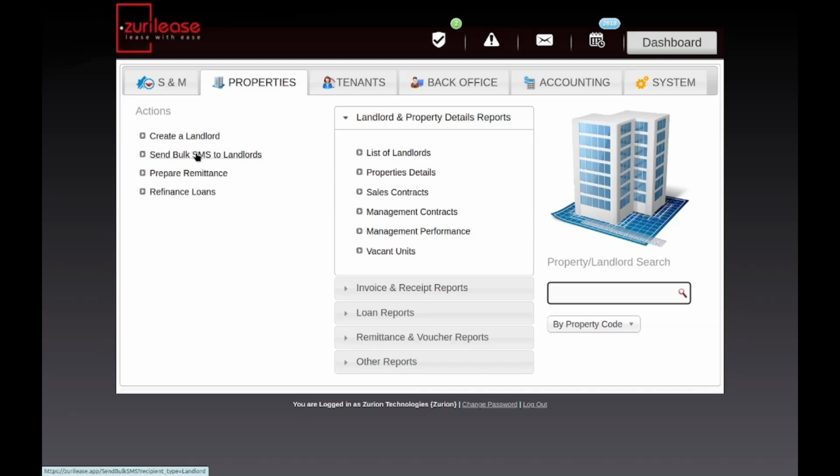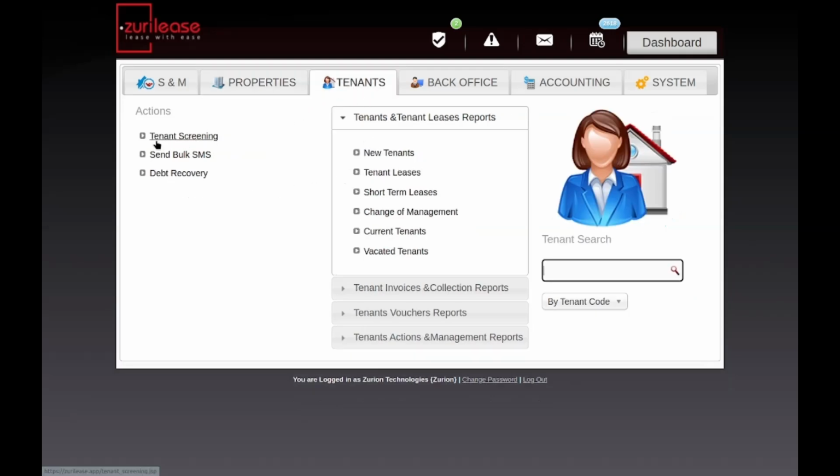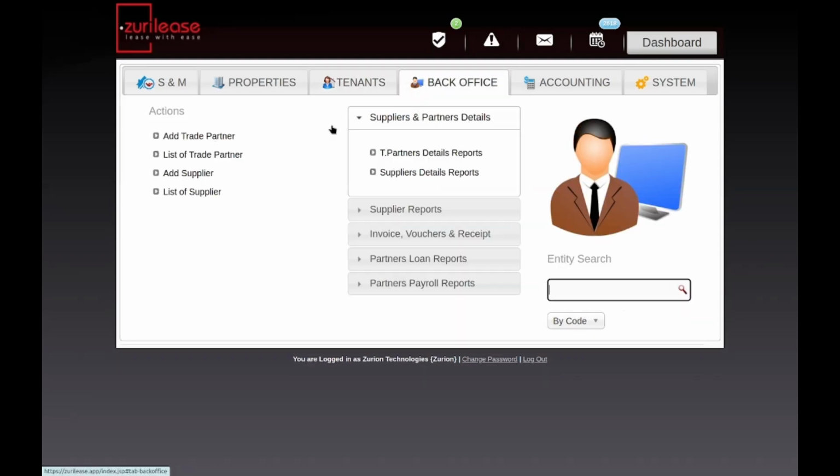Next we have properties. On the action part we have create a landlord, send bulk SMS to landlords, returns and refinance loan, and we have the report part. Next we have the tenants tab, and then we have the back office tab, whereby we have the